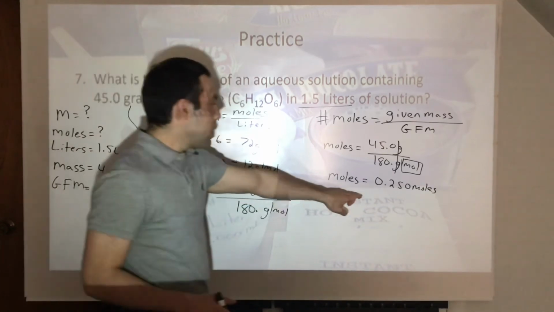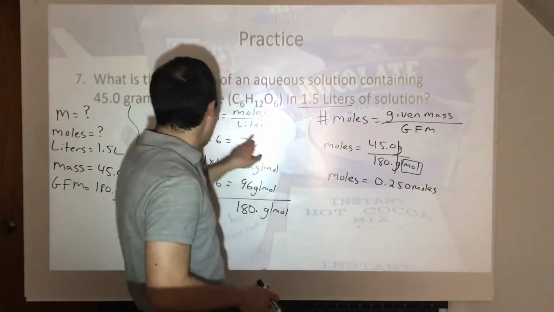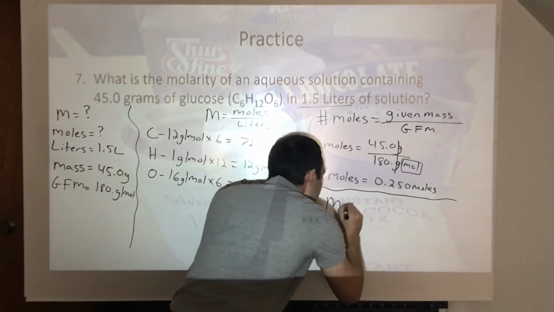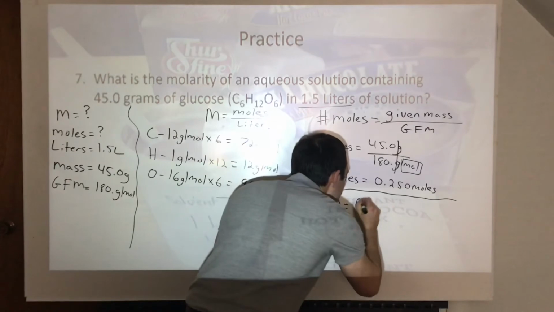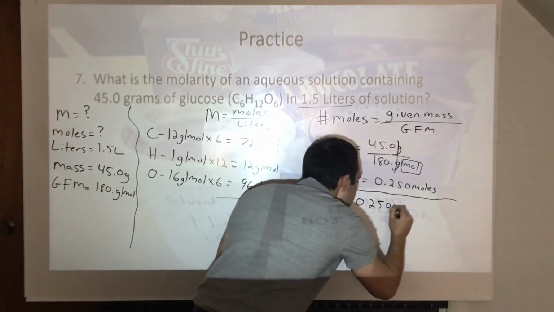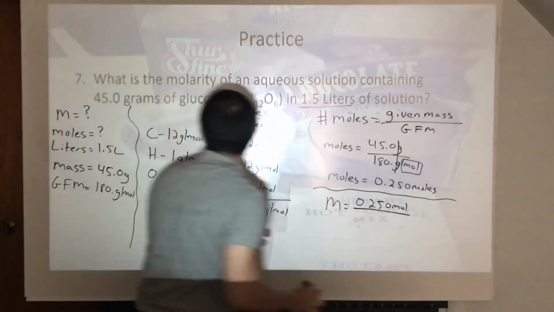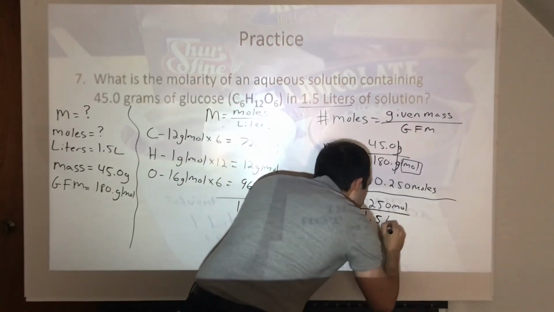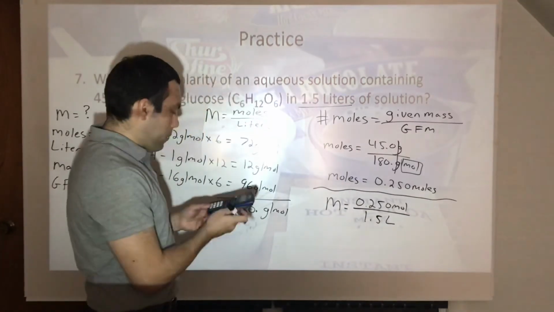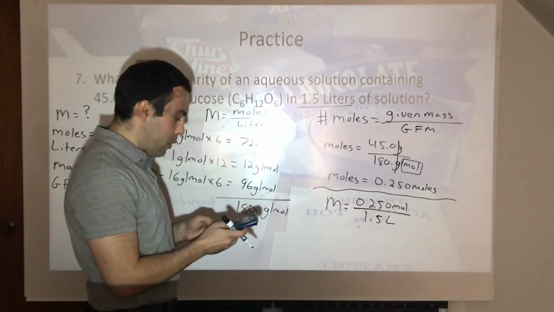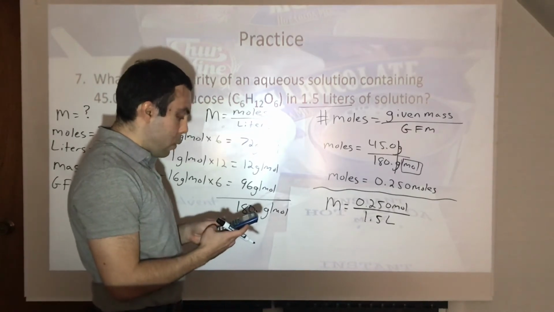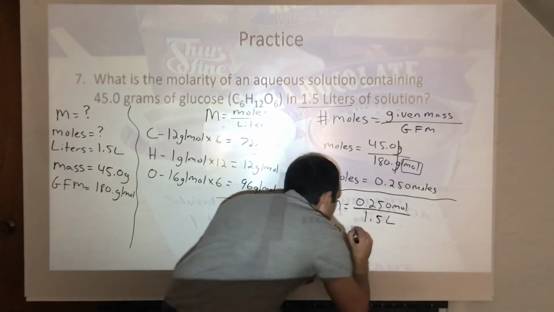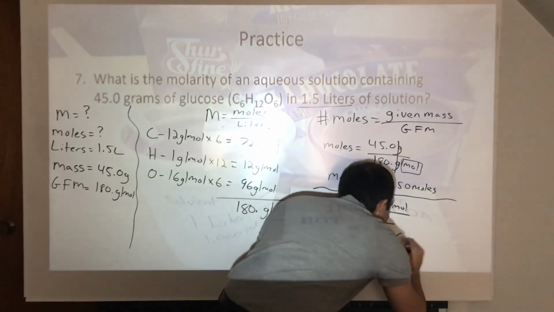Now we can take our number of moles and plug it into our molarity formula. We're trying to find molarity. We know our number of moles equals 0.250 moles over 1.5 liters. When we divide 0.250 by 1.5, we get a long repeating decimal, M equals 0.166666667